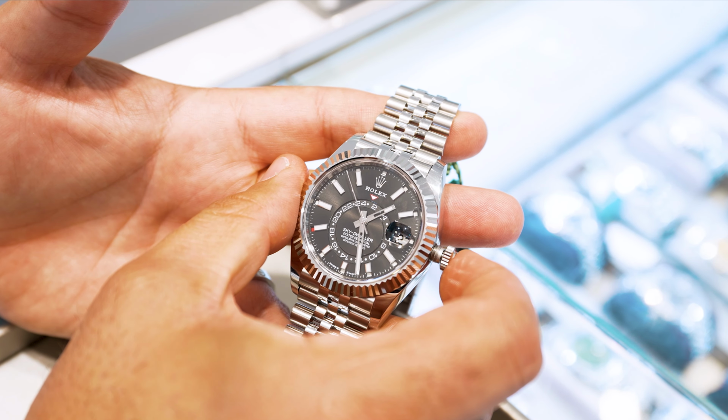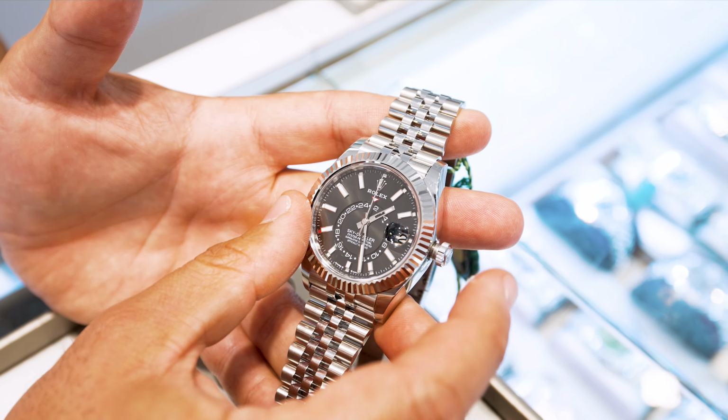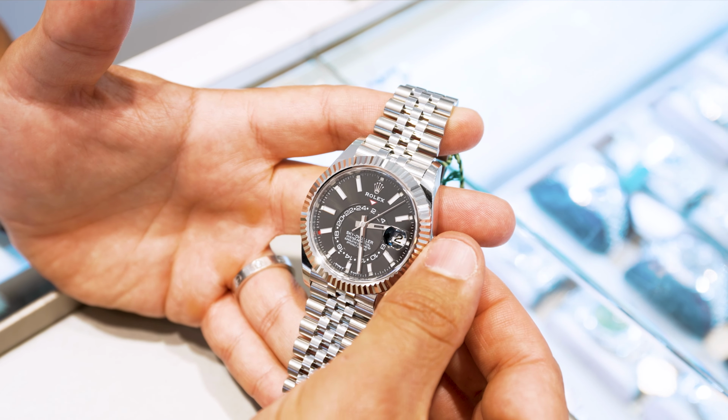So what we're going to do is push the crown in. Always make sure to push that crown in before you turn the bezel to go to the next function. So now we push the crown back in. You don't have to screw it back shut, just push it back in. You're going to turn that bezel one more time, and this is going to give you the ability to set